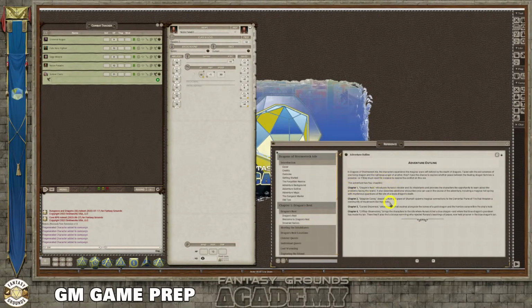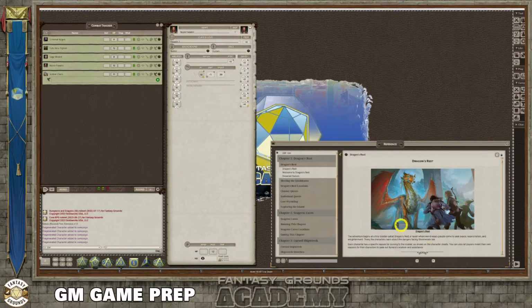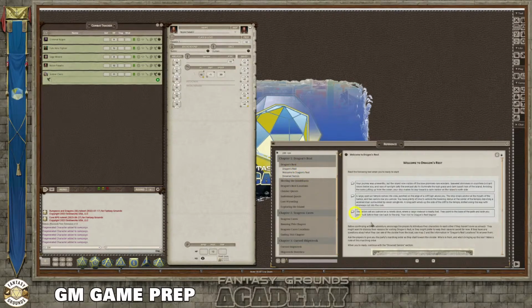I might read ahead a little just in case I need to know some of the stuff, but for the most part, I'm just going to focus on chapter 1. And these are all the different things in the chapters. So you got the Dragon's Rest. You can read about this a little bit. And then there's some dialogue here that you can send to the chat when you are bringing your characters to